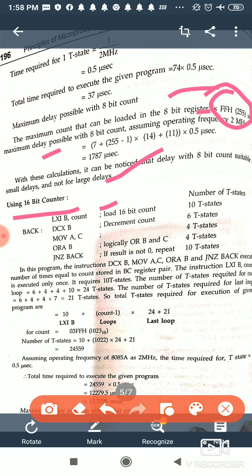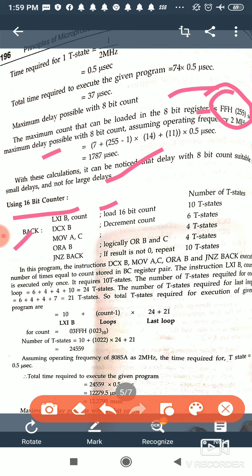We load the BC register pair with the count value, then decrement the BC register pair, then move the count value into the accumulator, because we have to check whether the value has gone to 0 or not, and then OR with B. If we OR B with A, or OR the first 8 bits with the second 8 bits, and we get 0, that means the total count has been executed. So that is why we OR here.